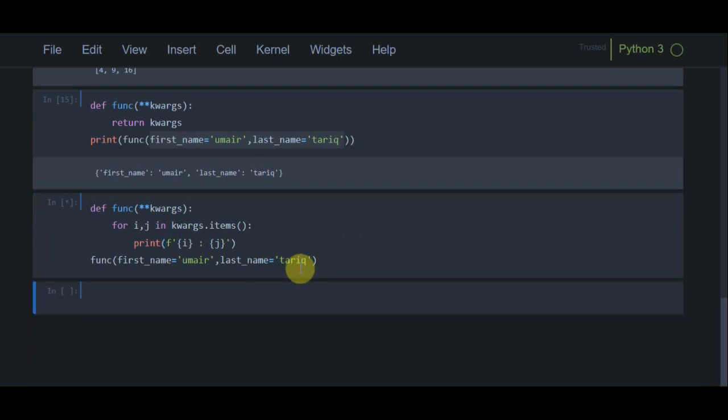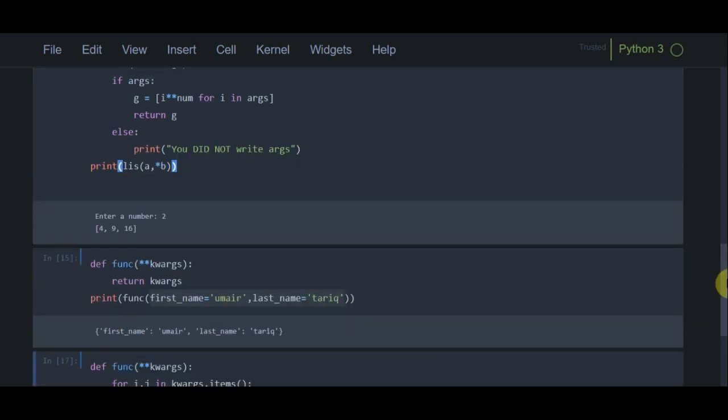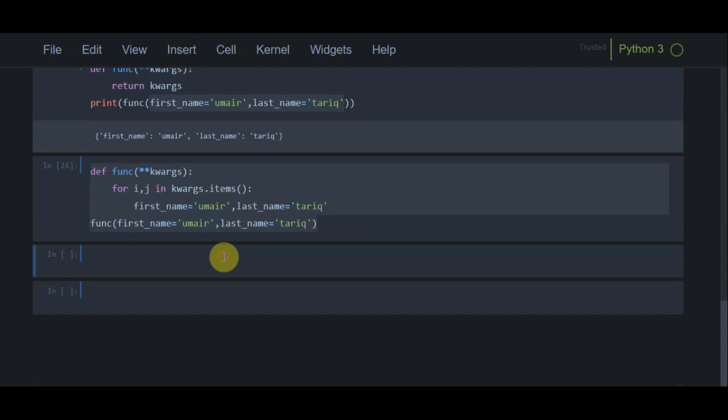Now if I run this program, you can see that these dictionary items are appearing horizontally.